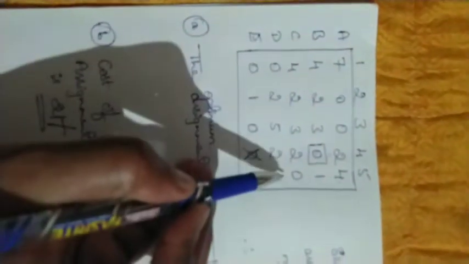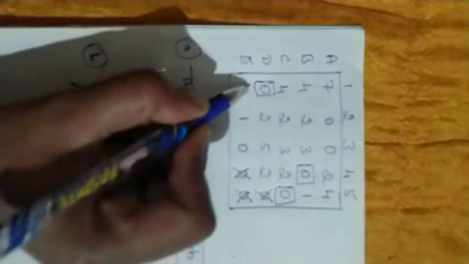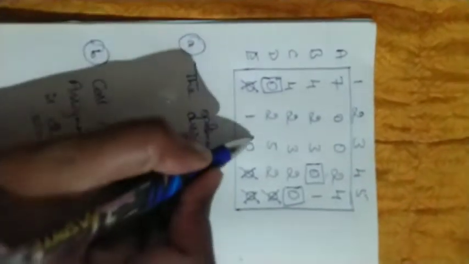In this there is a single zero, just do the assignment. In this particular column, whatever the number of zeros, just cancel them and come to the D row. In this also a single zero, just do the assignment. In this particular column the zeros are cancelled. Come to the last one. In this also a single zero is there, just do the assignment, and in this particular column this 0 will be cancelled. Now all the rows are completed.